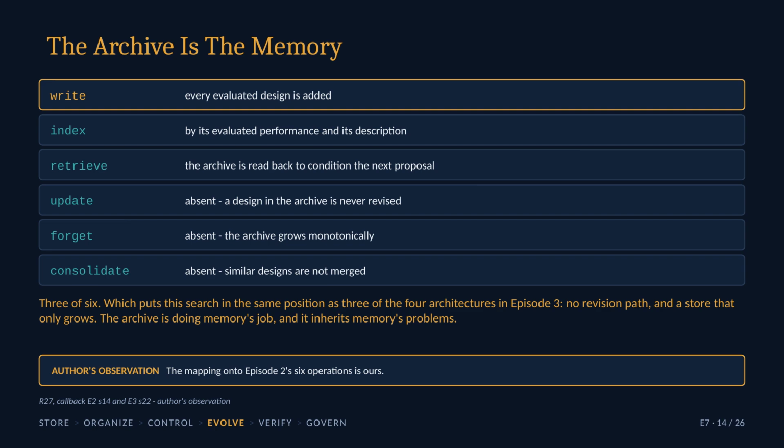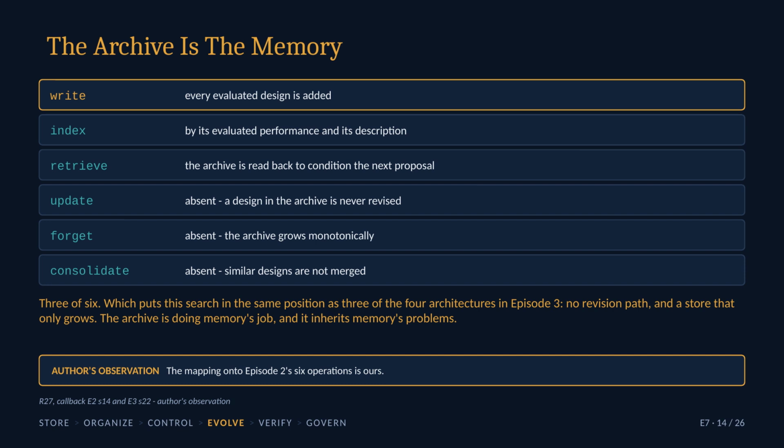Update, absent, a design in the archive is never revised. Forget, absent, it grows monotonically. Consolidate, absent, similar designs are not merged. 3 of 6. Which puts this search in exactly the position of 3 of the 4 architectures from episode 3,